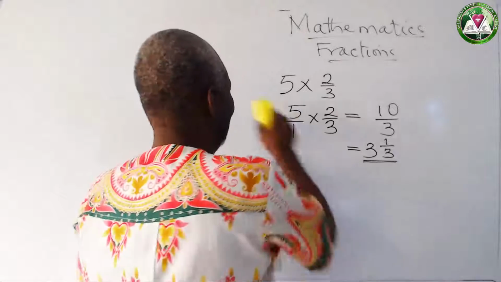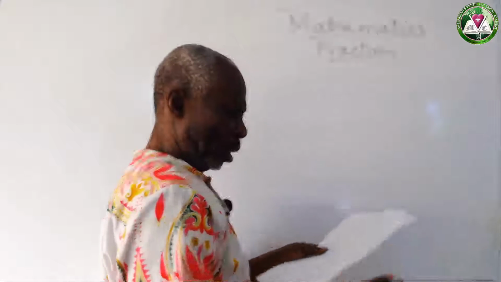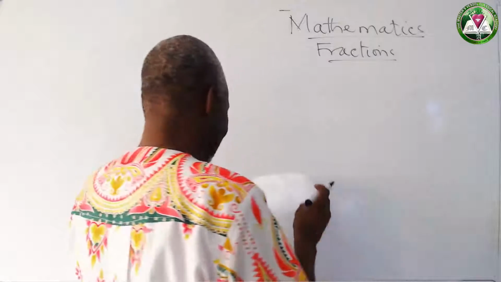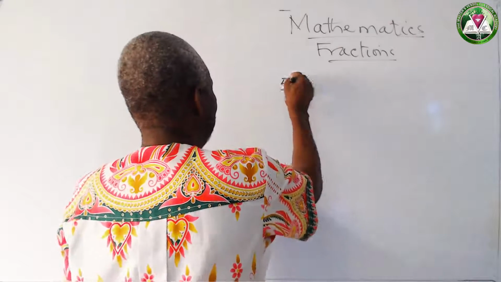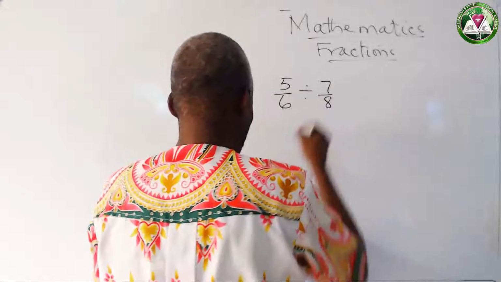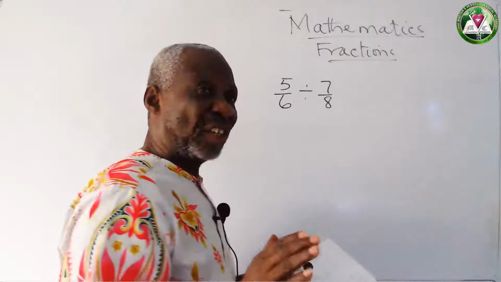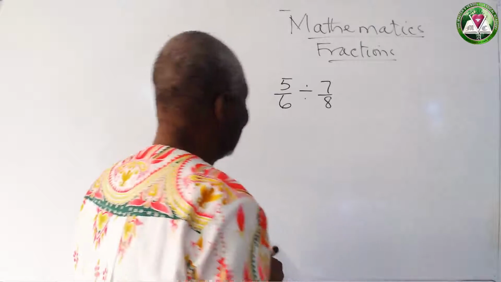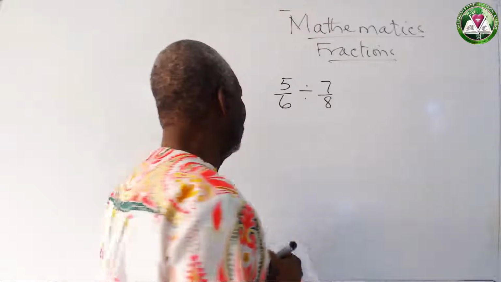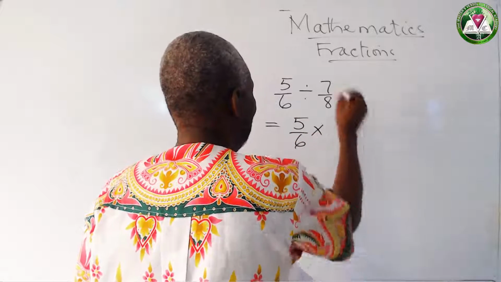So let's go to the last one, which is number 4. Number 4 is about division. Fraction dividing fraction. So we have 6 divided by 7/8. That's what we are given. I remember that when the lecture was going on, we talked about reciprocal. And that's exactly what we are going to apply here. The first fraction will remain as it is. It is the second one that is going to do that somersault business. So this is now equal to 5/6 times, then this will have to somersault,